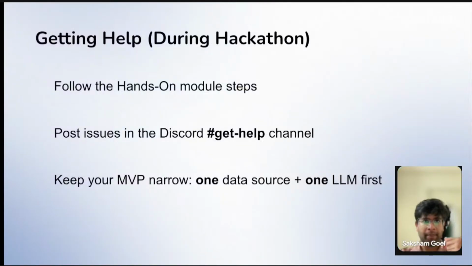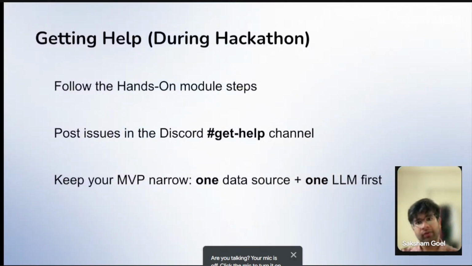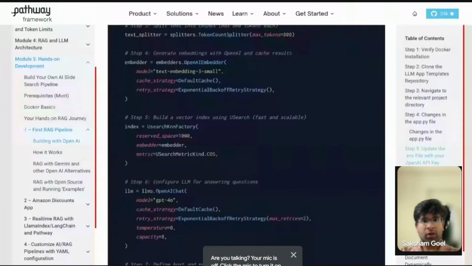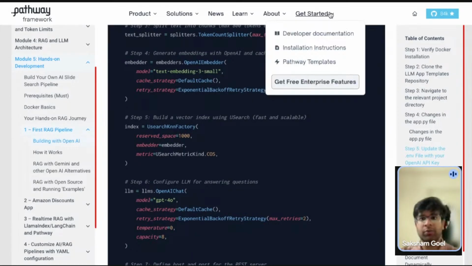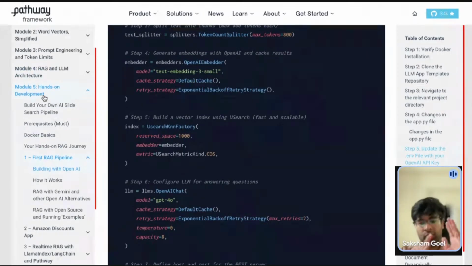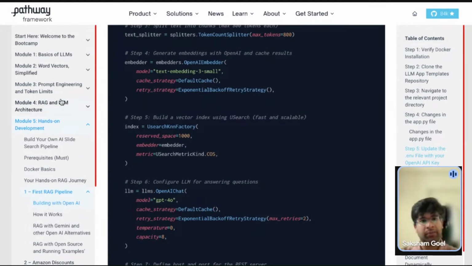So for absolute beginners, would you recommend some topics that they should first learn and then see how to implement with Pathway? That's actually a very important and interesting question, because this hands-on development section present in our bootcamp on our website is exactly designed for beginners.